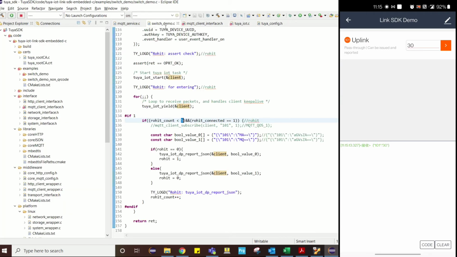Okay, I've written a small application where I send some data to the cloud. Alternatively, I send 0 and 1 five times. This is 0. This is in base64 encoded format. And this is 1. I send these numbers to the cloud alternatively for five times. And the same data I should be receiving in my mobile phone app.